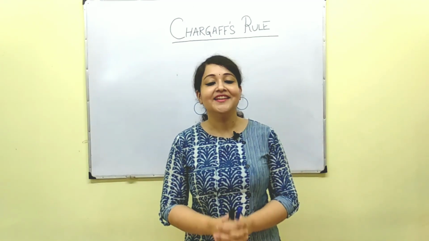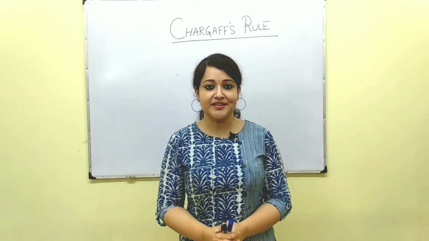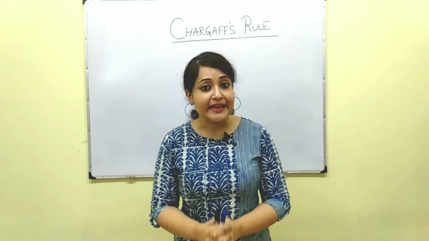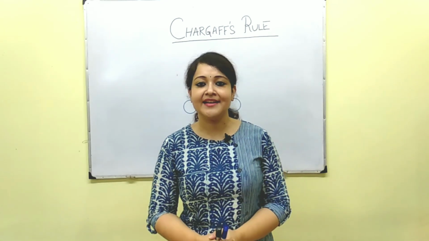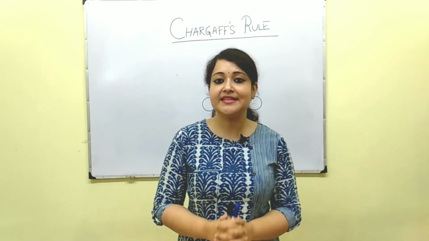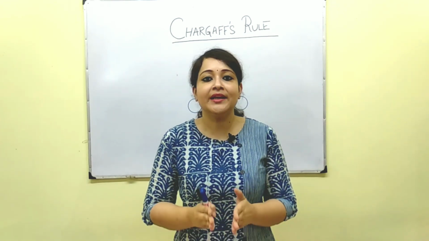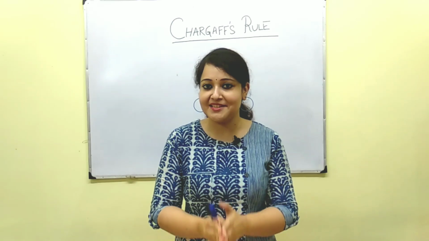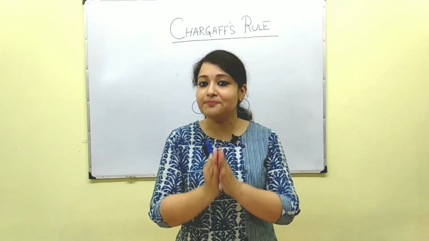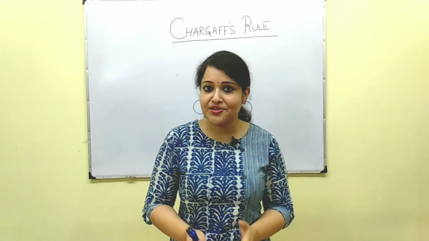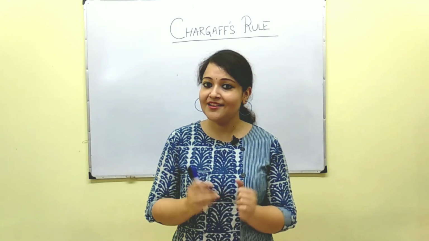There are basically three different structures of DNA. We call them A-DNA, B-DNA and Z-DNA. And the most commonly occurring one is B-DNA. The structure of B-DNA was actually deduced by Watson and Crick.